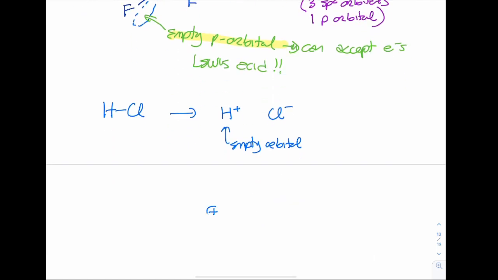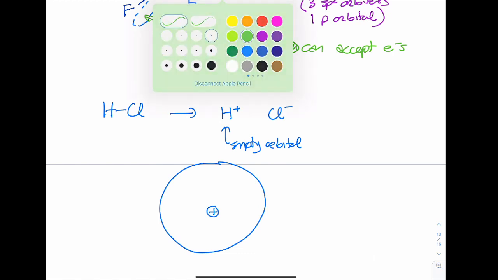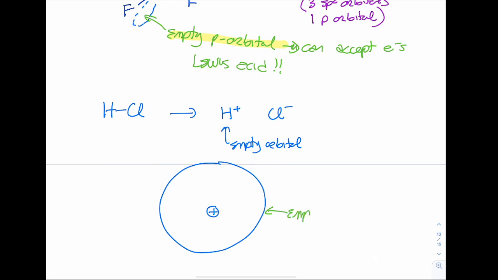Remember hydrogen, I have my nucleus with a proton in it. Most common isotope has no neutrons, a totally not even close to scale electron cloud. And I would have an electron sitting there if it was uncharged. As soon as it's charged, right, we're losing that electron, and that orbital is now empty. So H plus has an empty s orbital, right? There's no electrons in it. So if I have a polar bond to hydrogen, that bond is easy to break, leaving me with this empty